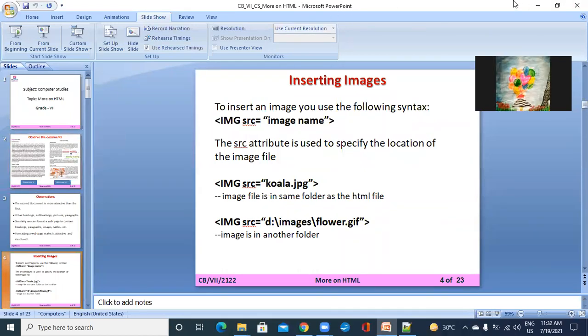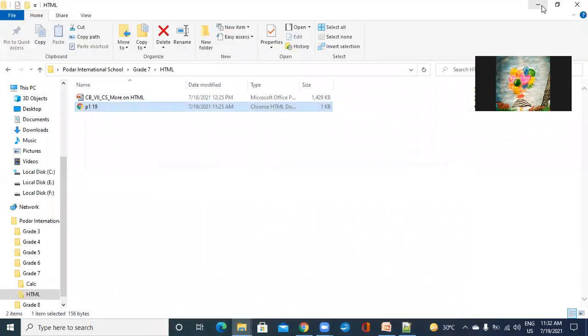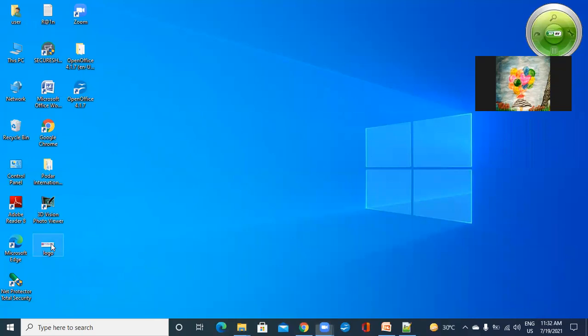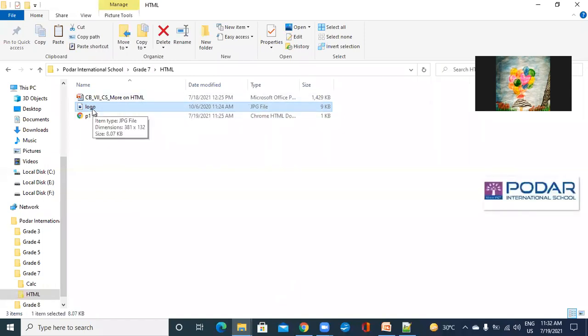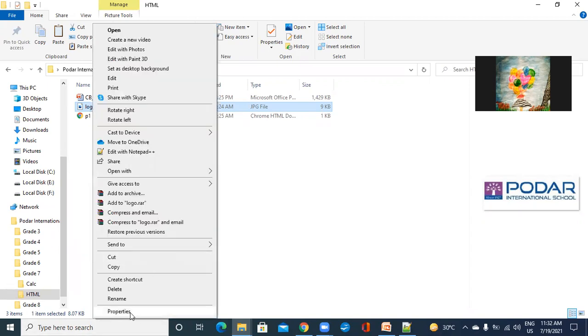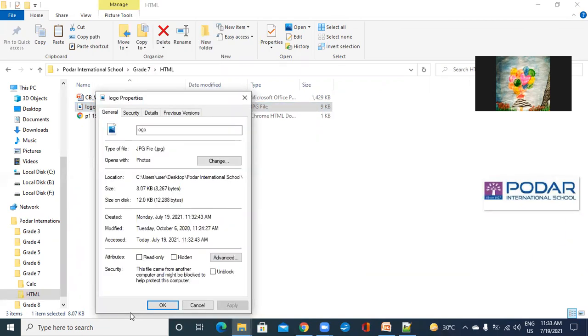Now you have to find out the name of the image. For example, I have this image. I copied it in the folder in which I saved my file. That is a logo. How can you find out what the image type is? What is the extension of the image? Just right click on the image. Don't open it, just right click. Go to properties. One thing more, don't try to write it by yourself. ऐसा जरूरी नहीं है आप खुद से लिखो सब कुछ। Just copy it ताकि स्पेलिंग मिस्टेक ना हो। स्पेलिंग मिस्टेक होगी आपकी इमेज डिस्प्ले नहीं होगी।